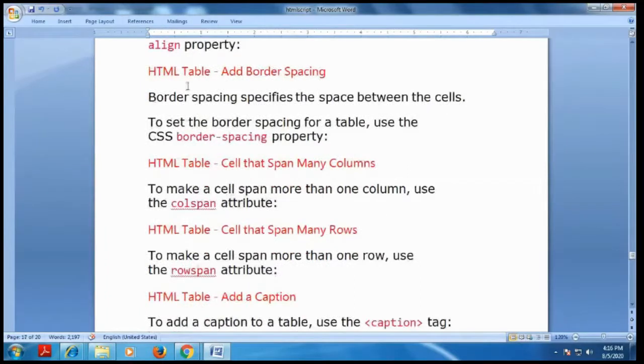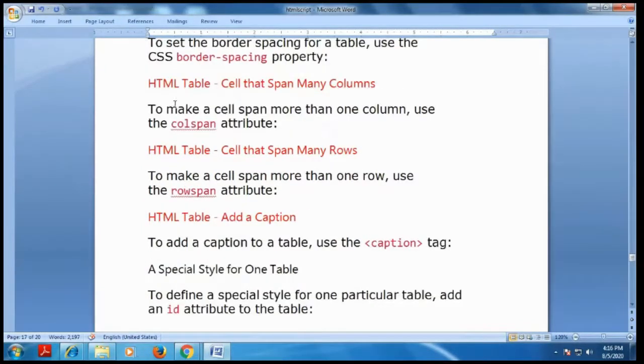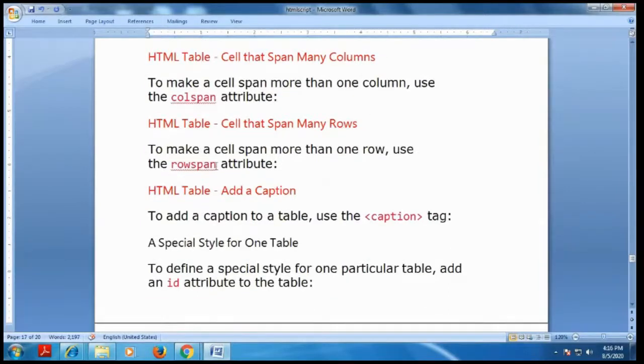Then the HTML table contains border spacing. What is the use of border spacing? It is the space between the cells. Then it contains spans across many columns. You have two types of span: column span and row span. The column span property is used to make a cell span more than one column, and the row span property is used to make a cell span more than one row.